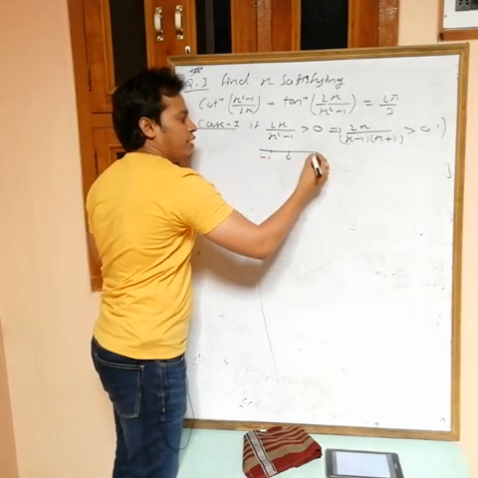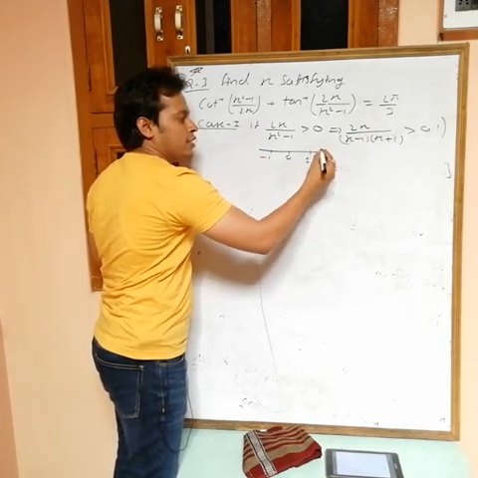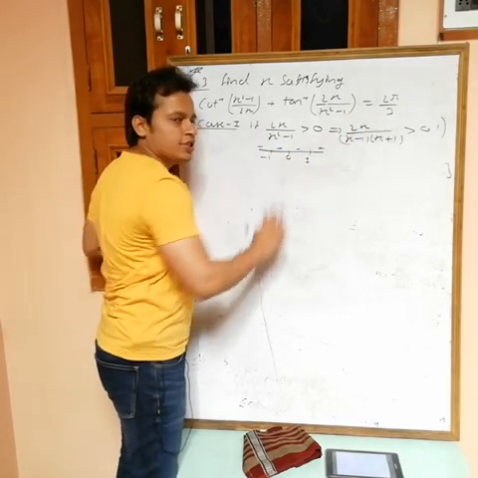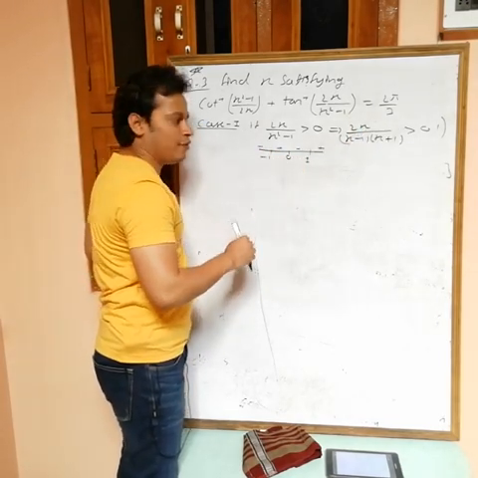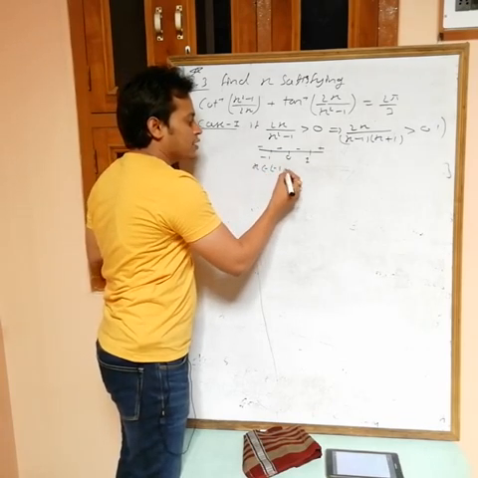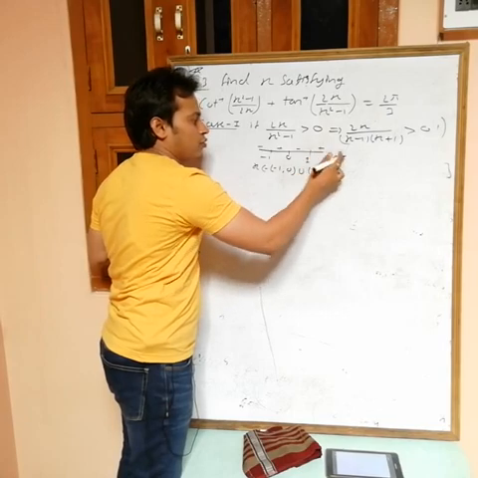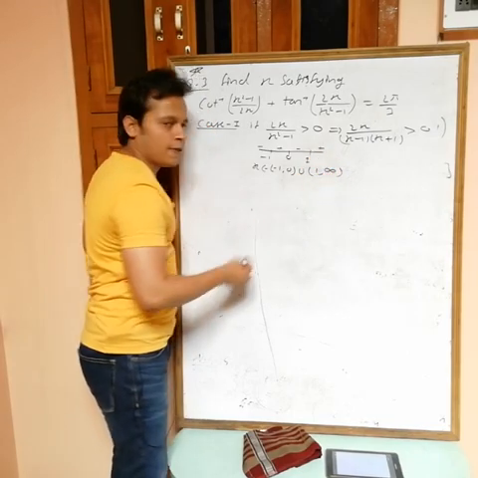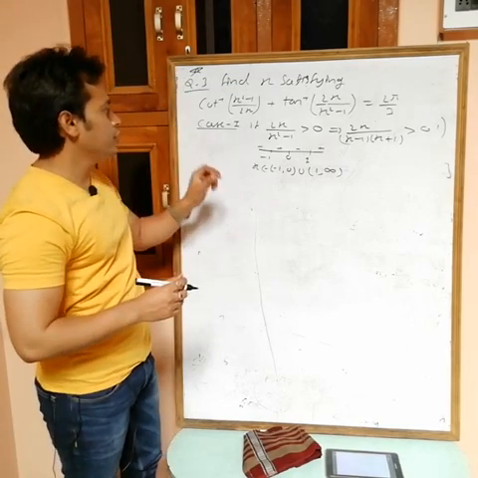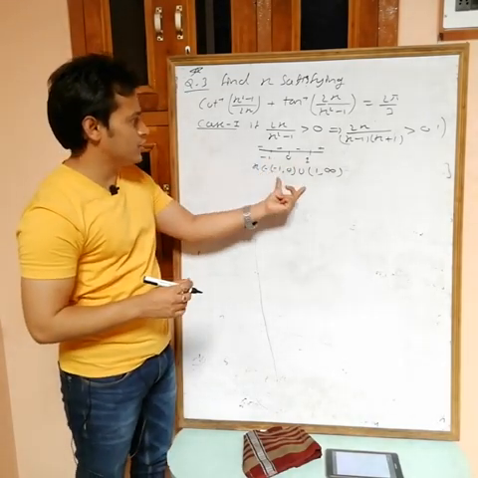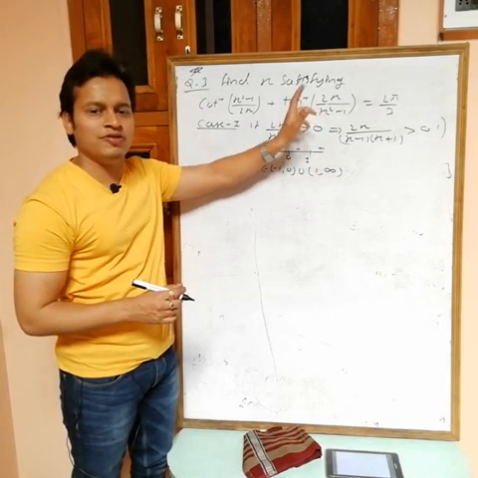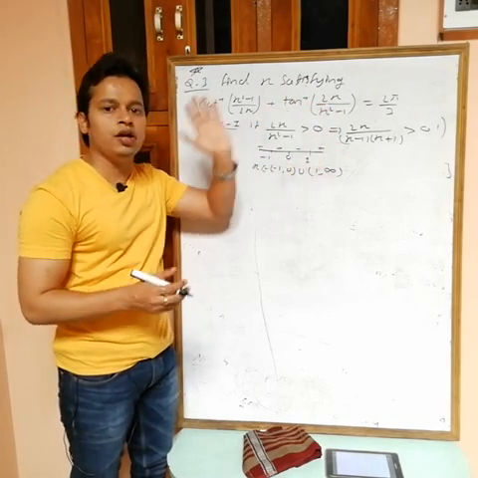Minus 1 from this one and 1 from this one. Okay, sign scheme: plus, minus, plus, minus. Greater than 0, then with positive sign, x belongs to minus 1 to 0 union 1 to infinity. Okay? In these intervals we have positive sign. So if x belongs to this, then this is positive. If this is positive, then tan inverse 1 by x can be written directly as cot inverse x.